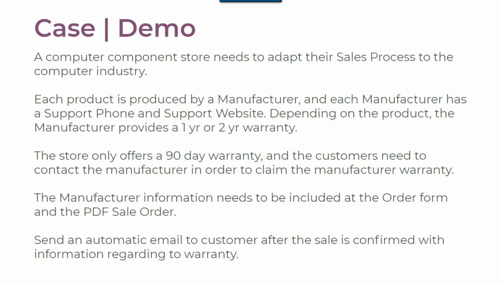So you as a client, as owner of the store, I was like, how am I going to handle that? I have to deliver that information to my clients. They need to know that. Odoo is not going to come out of the box with those things. So we're going to use Odoo Studio to include this information. So this is the case, this is the need, and we're going to modify my sale process in order to adapt